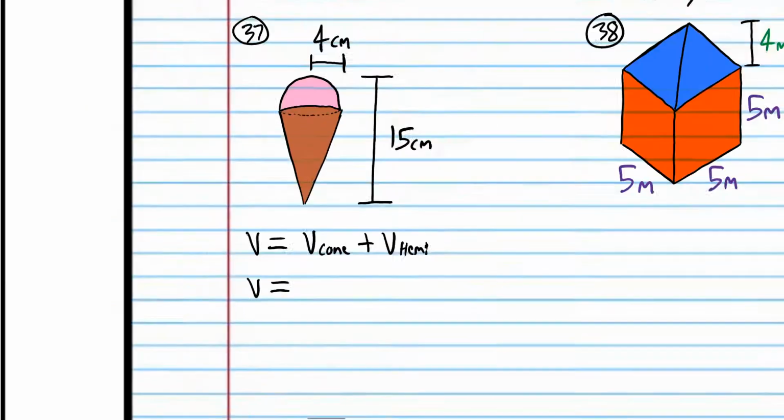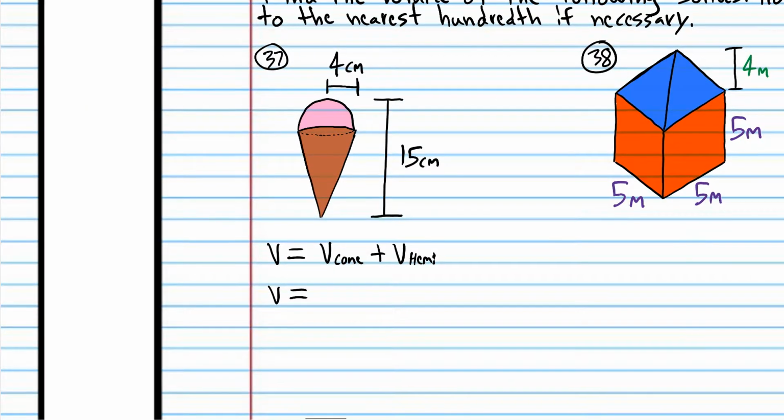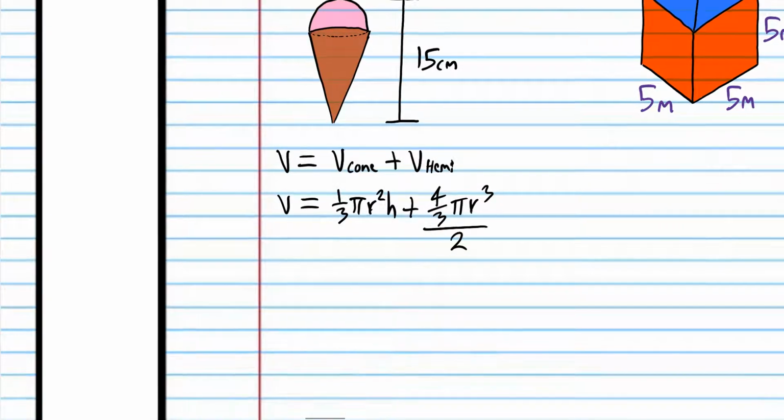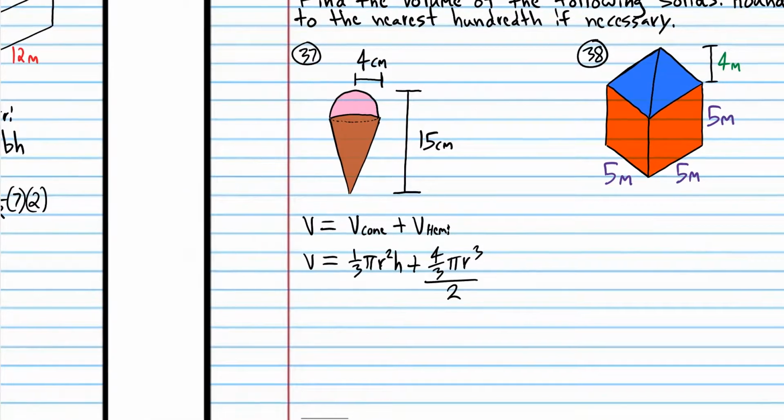Now to find the volume of a cone, we just get out our volume formula for a cone, and that is 1/3 pi r squared times h. And the volume of a hemisphere, we just found as 4/3 pi r cubed. But because it's a hemisphere, we have to divide it by 2. So that might seem kind of complicated, but really it's just plugging in numbers. It's not that difficult. So 1/3 pi r squared